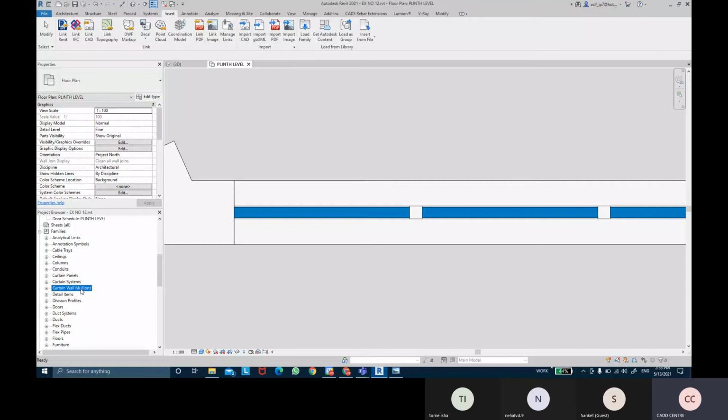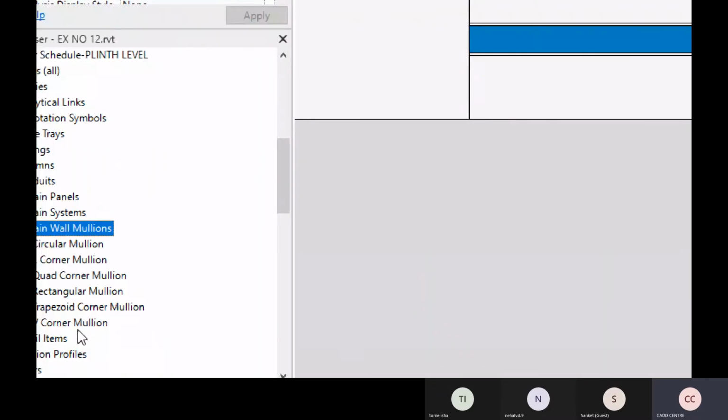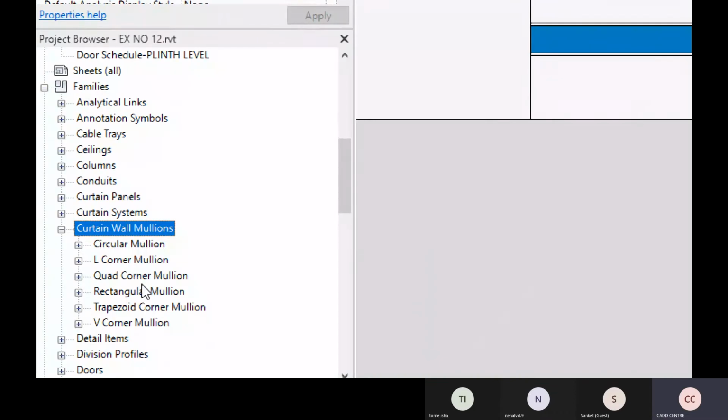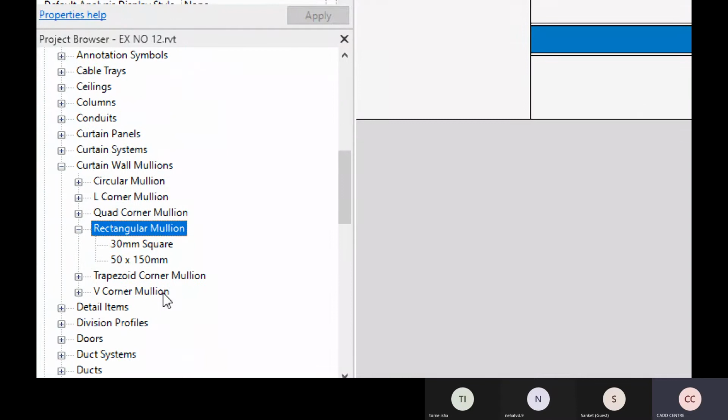If I expand this, we have all the different profiles of mullions available. As you can see, we have circular mullions, L mullions, chord mullions, and rectangle mullions. If I expand rectangle mullions, I have two shapes: one is a square shape, and one is a rectangular shape.